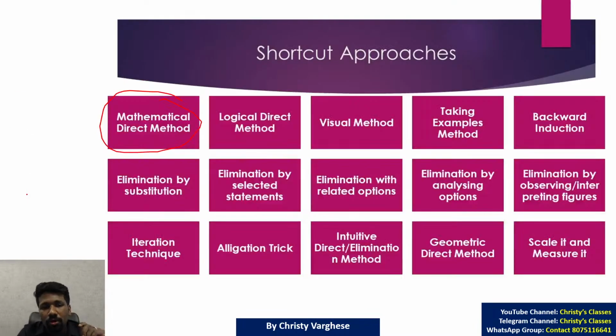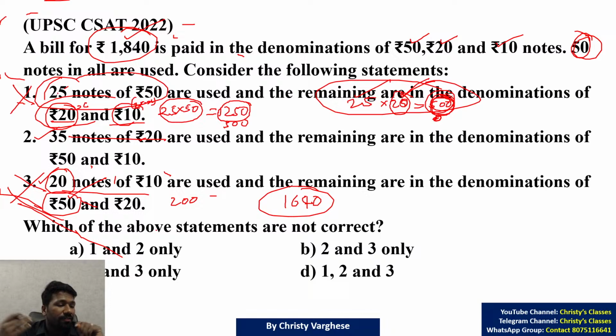As I have told before many times, you have to be flexible with the method. Instead of the mathematical direct method, we have taken this iteration technique. The iteration technique has different ways in different chapters, but here it can be done this way. All clear? And one more improvisation you can do if you are using the options properly.